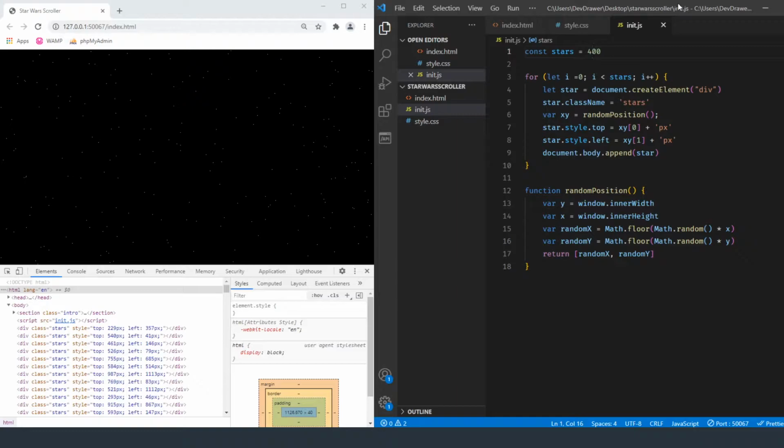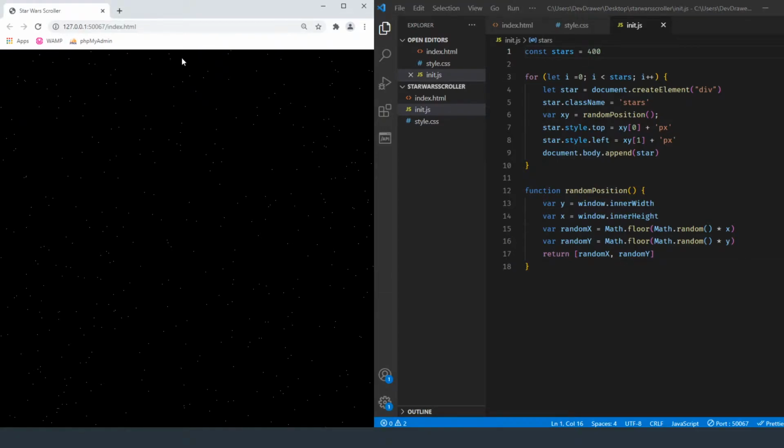But if it's something that's a worry for you, you can always just make this a background image. You just have to make sure that it's the correct appropriate size, and add it in your style sheet. But again, it shouldn't really affect too much because it's 1 pixel being loaded 400 times. 400 pixels isn't going to add too much processing power to your website.